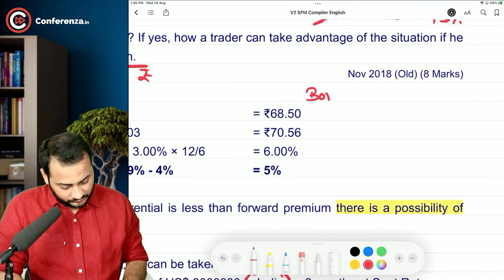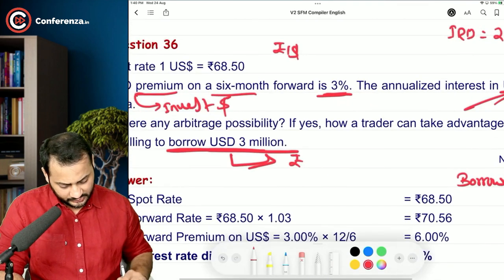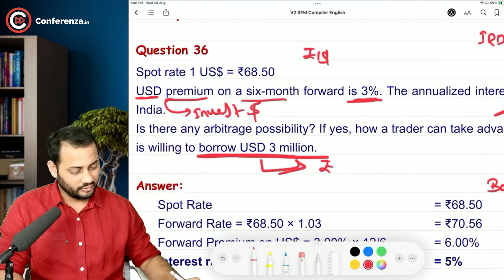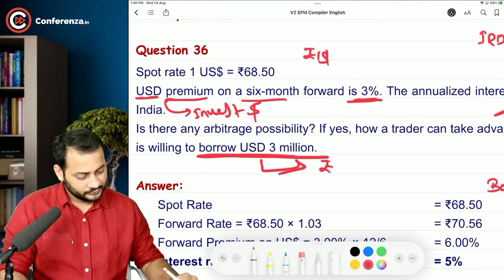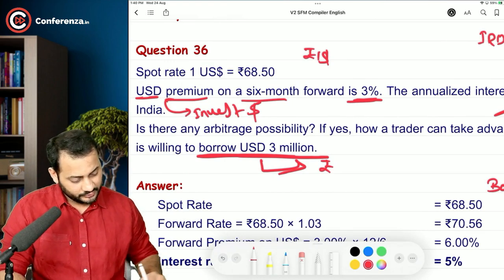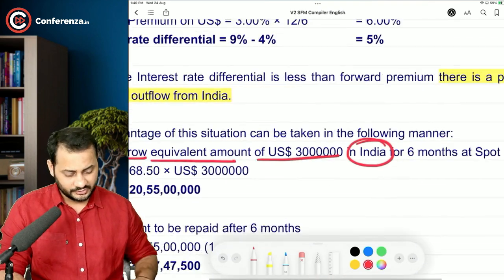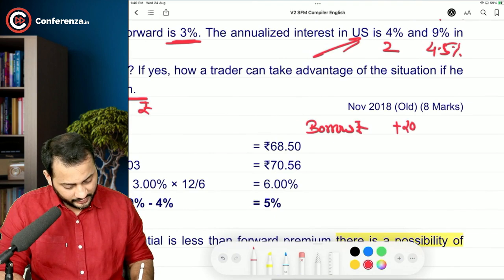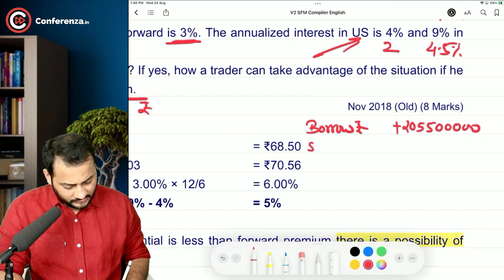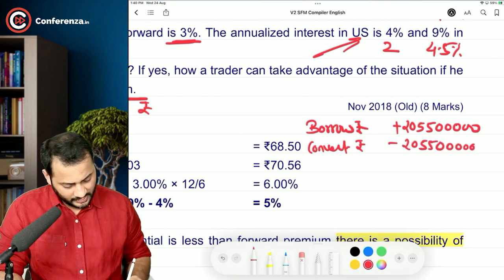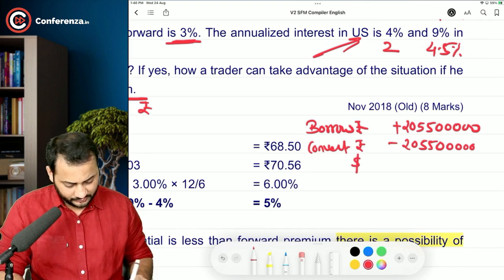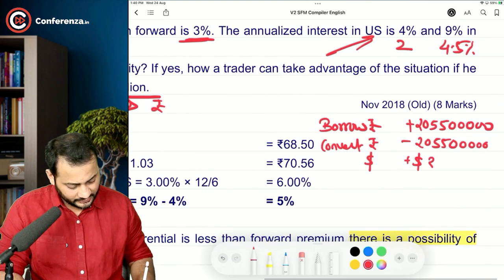So you will borrow rupees. How much? 68.50 into $3 million. So the equivalent amount in rupees we are going to borrow, 68.50 times 3 million, comes to 20 crore 55 lakh rupees. This much in rupees will be borrowed, 20 crore 55 lakh. Then we will convert that at spot. So we will give this much in rupees and we will get the dollars. How much? Exactly $3 million we will receive,